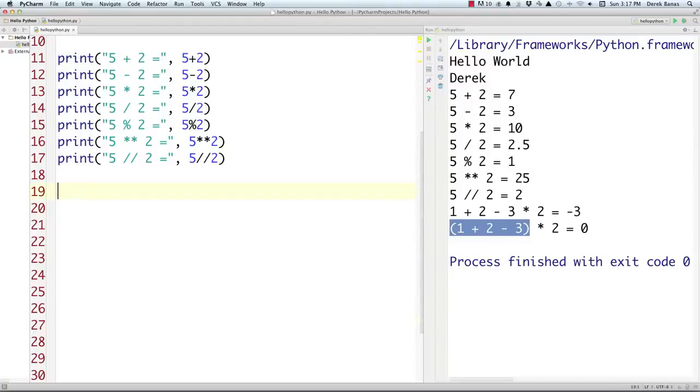Now, like I said before, a string is just going to be a string of characters, numbers, whatever, between either single or double quotes. But you may ask yourself, what happens if you want